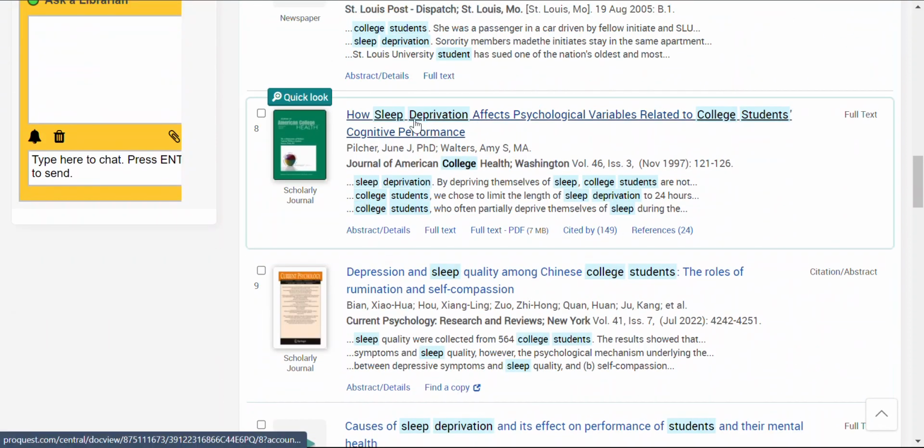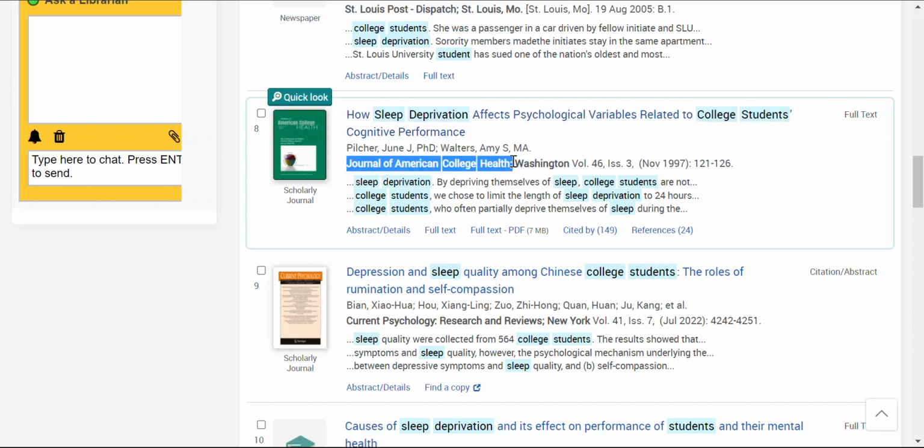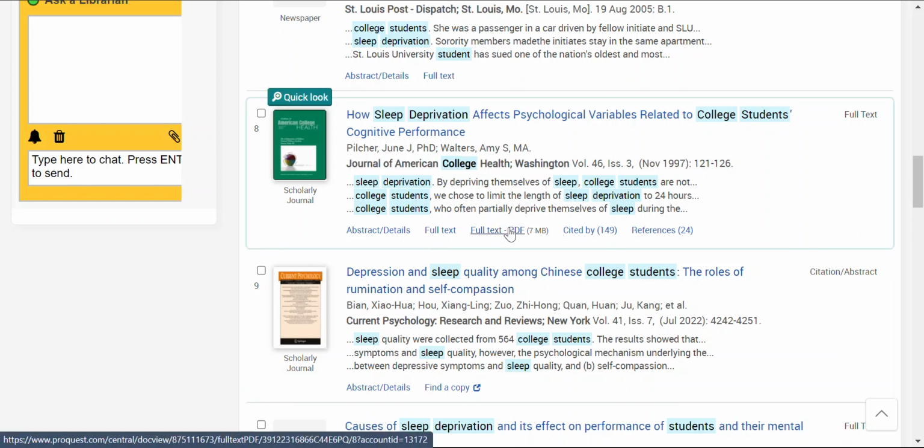Here's an example: how sleep deprivation affects psychological variables related to college students' cognitive performance. That's the title of the article. The journal is Journal of American College Health. Here's your volume number, issue number, date, and page numbers, and a little blurb from the article. Now, if I click on full text PDF,